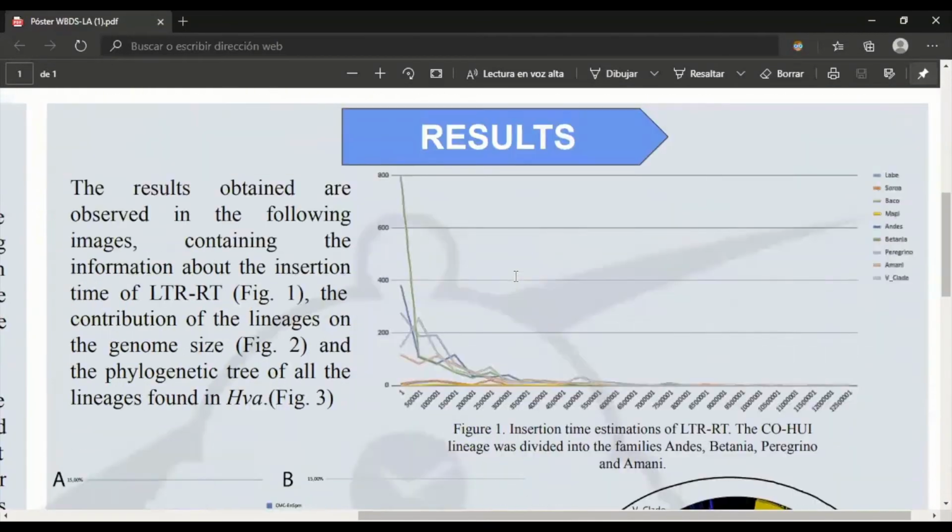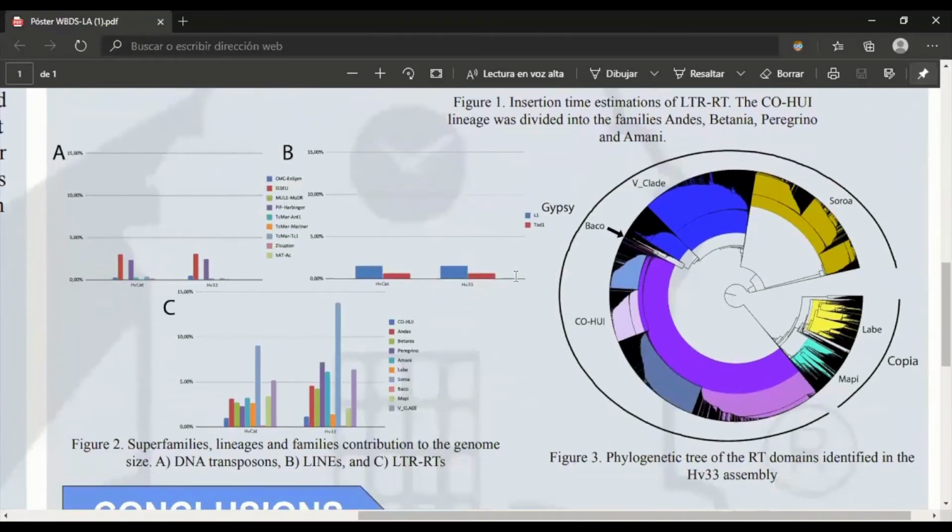We continue with the results. Several families and lineages not previously reported in the literature were identified. In the phylogenetic tree, we observed the distribution of the identified transposable elements. We can also note that two of the new lineages, Cowie and Soroa, are the ones with the most impact